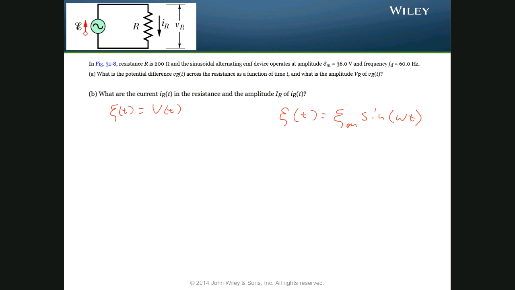All right. Now we want to find, we have that EM is equal to 36 volts, and we